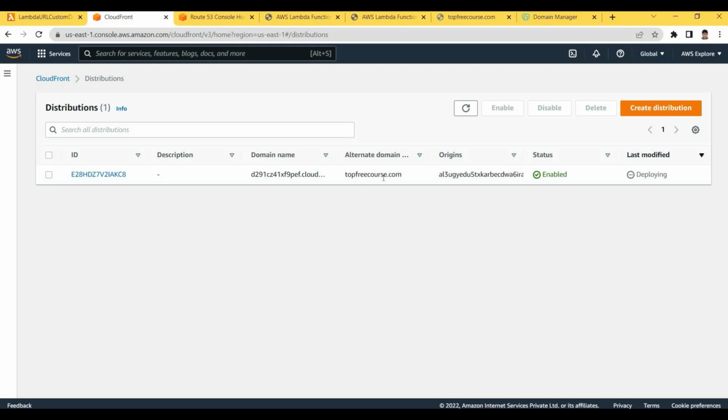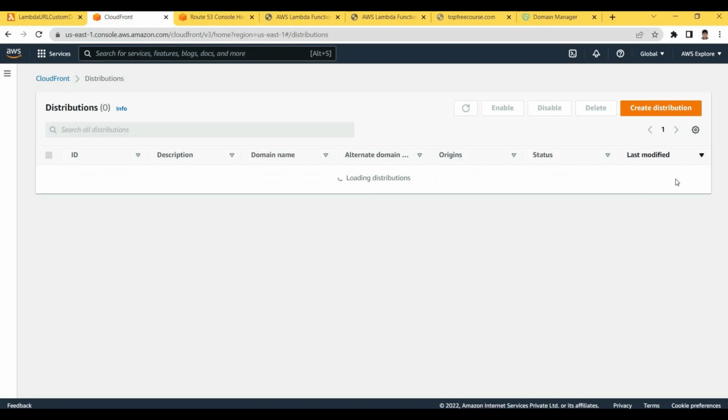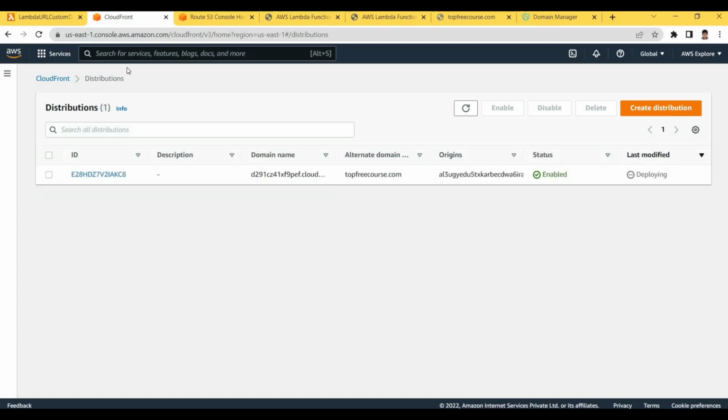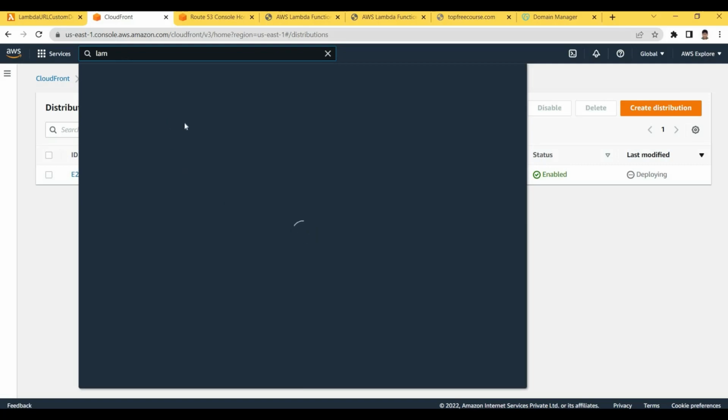So meanwhile this status will change. Let me again walk you through all the steps. Right now we will check this distribution status again after a few minutes. Right now it's showing deploying in last modified. So what we have done step by step,